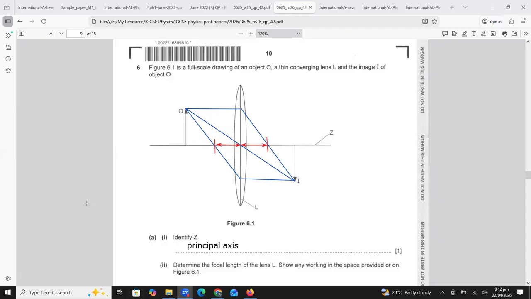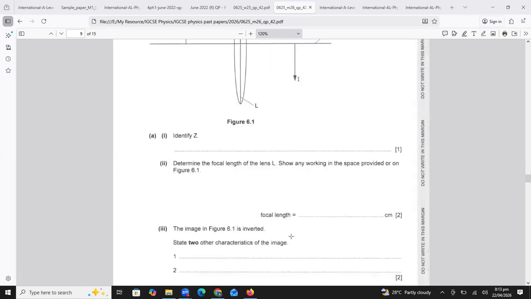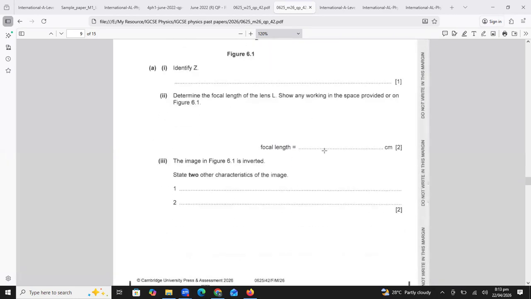Okay, all right. So let me clear the screen. I'm going to clear the screen, student. I hope you all have understood this diagram. Now, focal length. I'm not going to write the value of focal length. The reason is that the scale is not given in this app. So I have to open the OneNote.